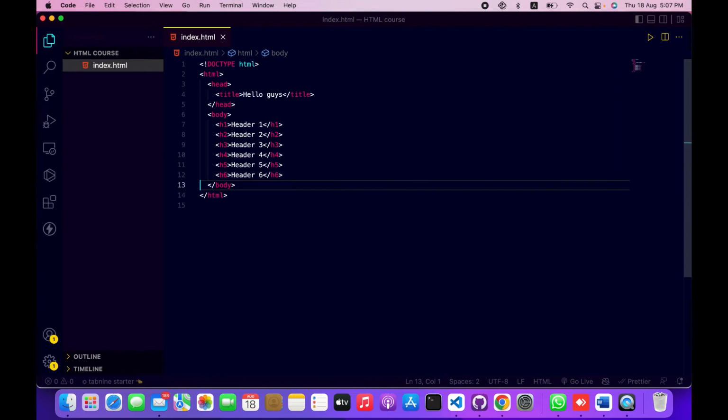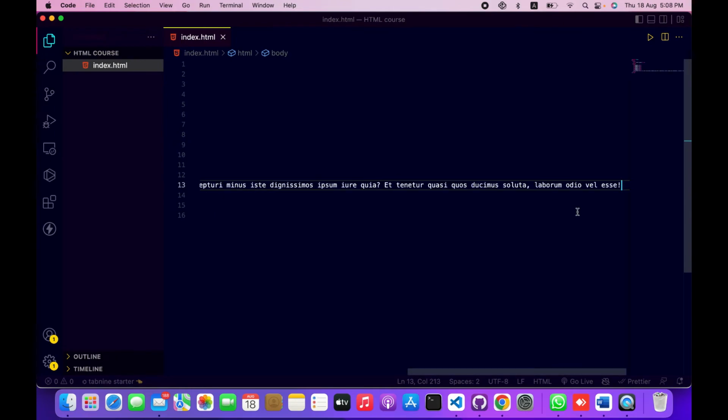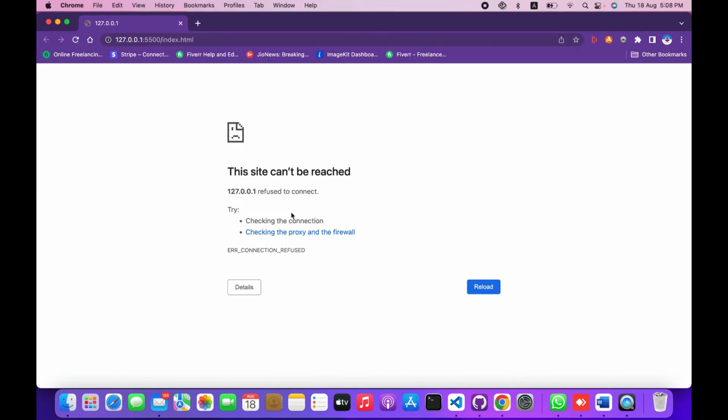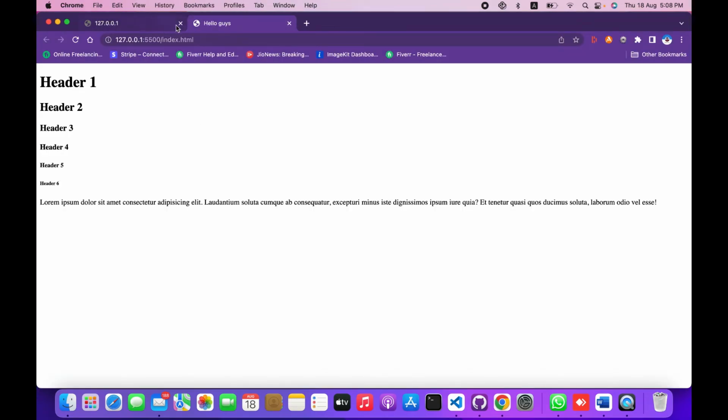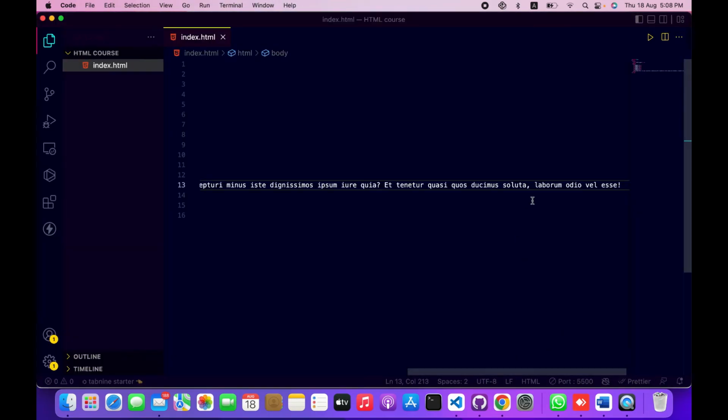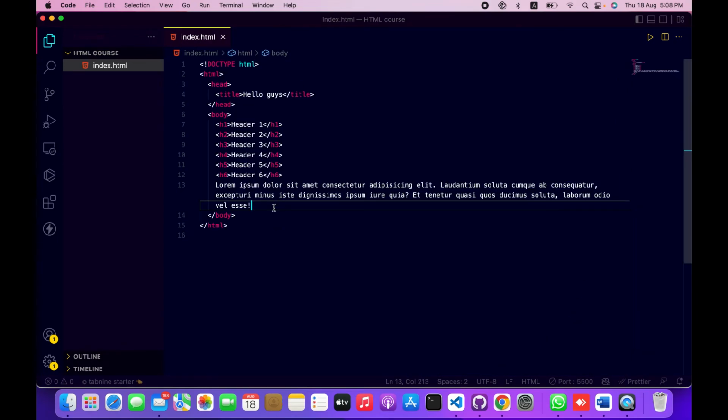Now for paragraph like this, Lorem 30, wait, sorry, make sure that there is no space between the Lorem and 30. Now let's say that this is our paragraph. Wait, I need to stop because I reloaded the server, so it automatically started. Now from here, let's say first of all I will enable toggle word wrap. Word wrap is basically used for wrapping the word, as you can see, and you will not need